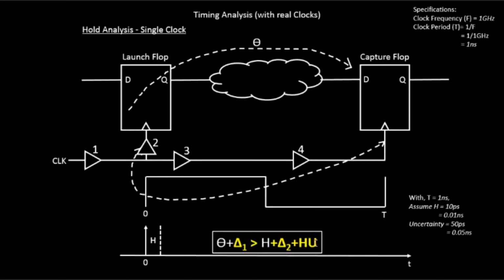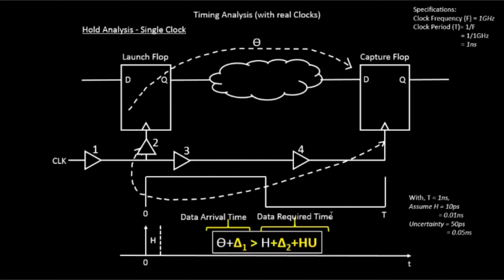So we will model the hold uncertainty in the equation itself and try to bring a small amount of pessimism inside the equation, saying that the combinational delay, which was supposed to be greater than hold time only, now has to be greater than hold time plus the hold uncertainty. That is the amount of pessimism we are trying to bring into this equation, just to make sure that whenever this circuit is present on a chip, it functions correctly. So to take care of that, we bring an amount of uncertainty into the whole timing equation itself.